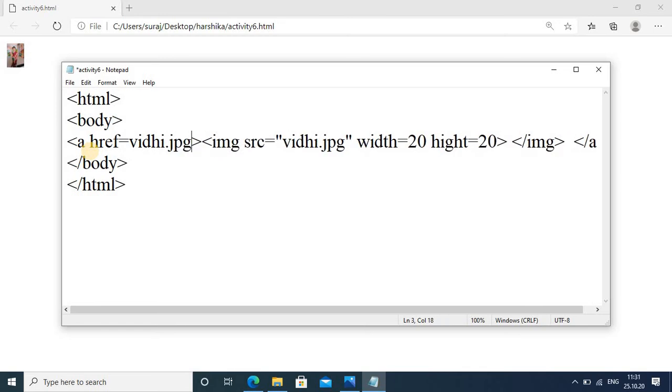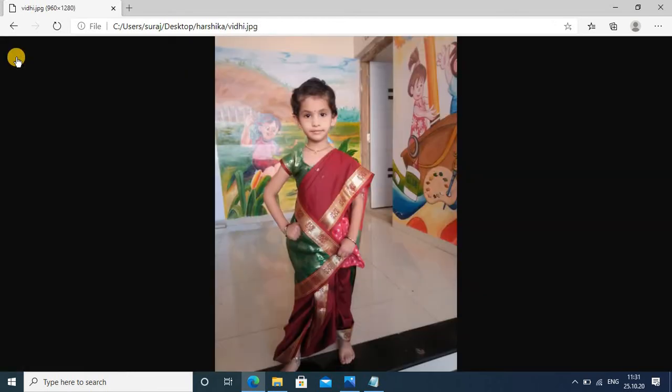Okay, I want to open the full image after clicking on this image. Okay, and now you save your file and go in browser and refresh it. Now if you mouse over on it, you will get this hand sign, and if you click on it, it is opened here.